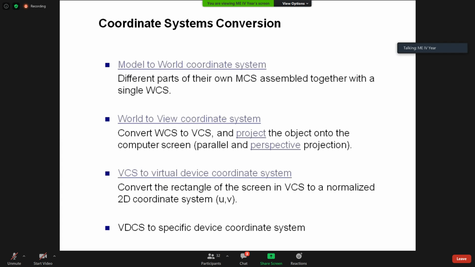But I already told you every model has its own model coordinate system. Generally, assembly is done by means of certain mating conditions. That means a plane to plane mate, or surface to surface mate, or axis to axis alignment. These are the different mate conditions we follow while doing the assembly.